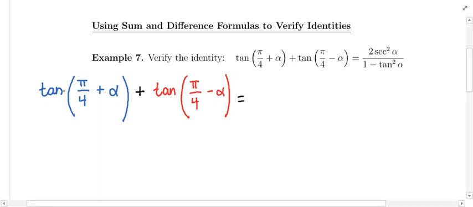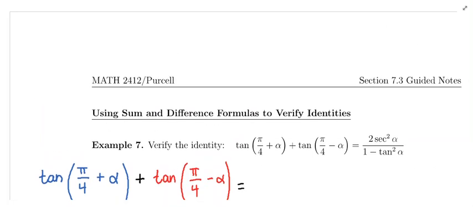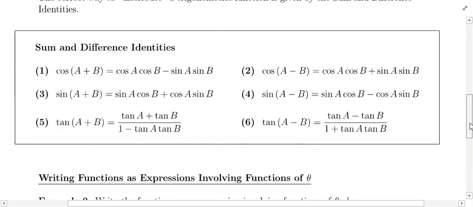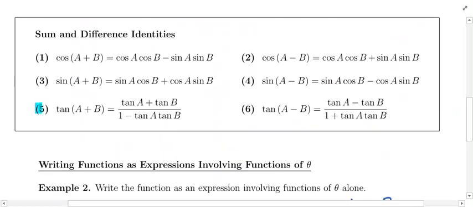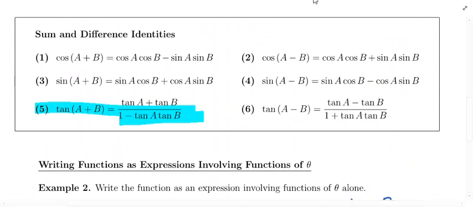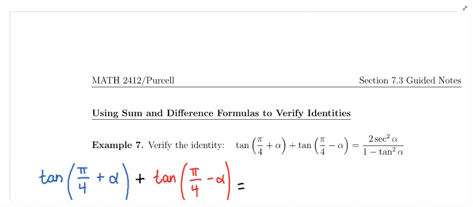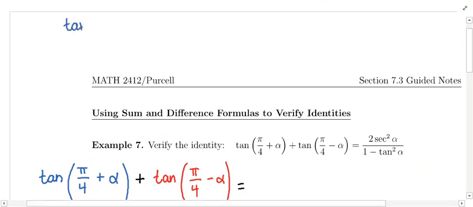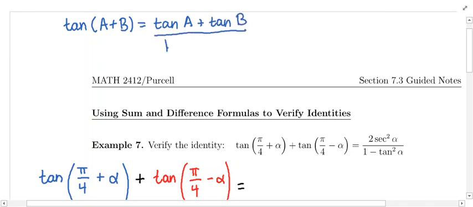We need to apply the sum formula for tangent. If you go back to page 1, we need to grab that formula. It's this one, equation 5. So I'm going to go back to my problem, and I'm going to write this identity up here. I'm going to be using the fact that the tangent of a plus b is equal to the tangent of a plus the tangent of b